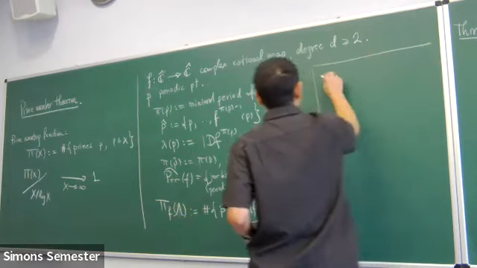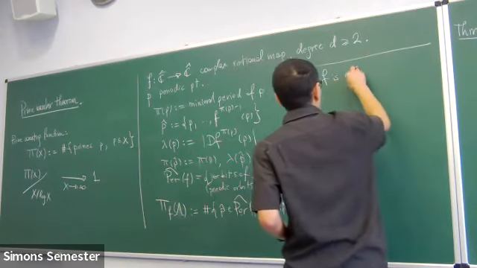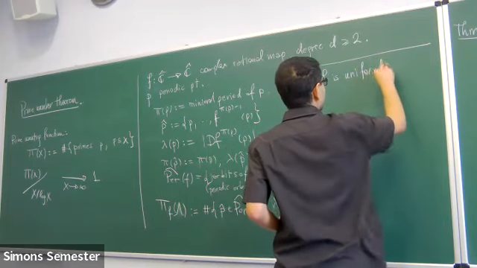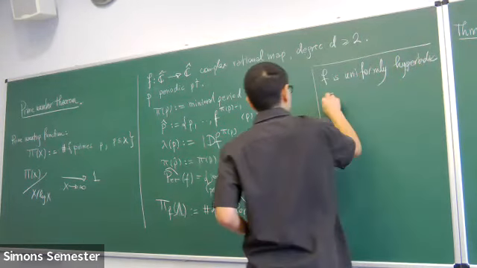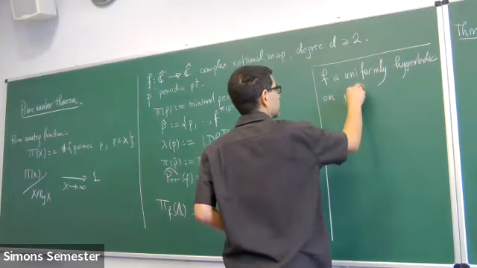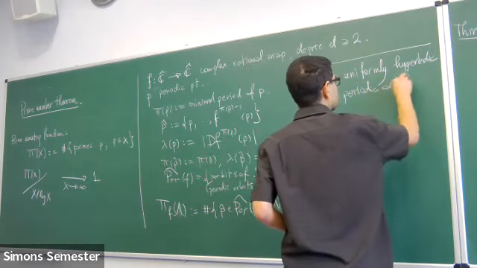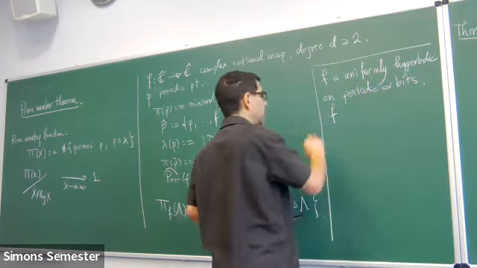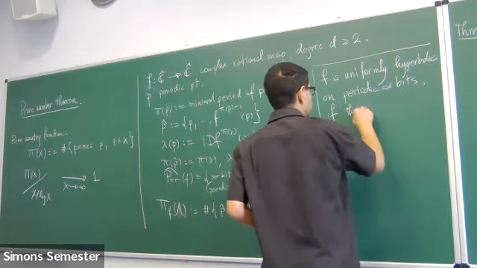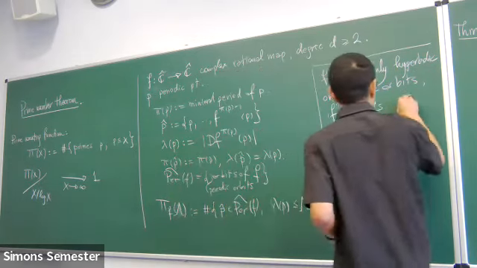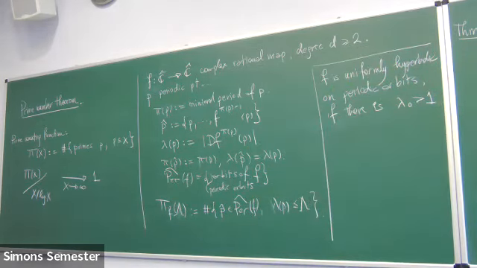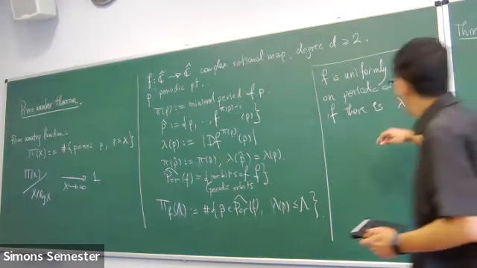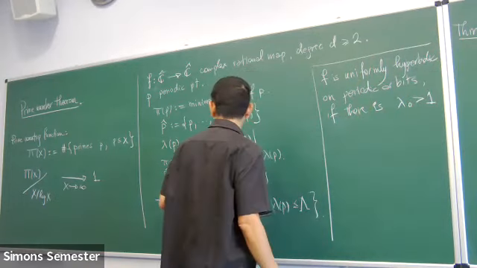We are going to say that F is uniformly hyperbolic on periodic orbits if there is some lambda bigger than 1, so that the multipliers grow exponentially, at least like lambda, so that